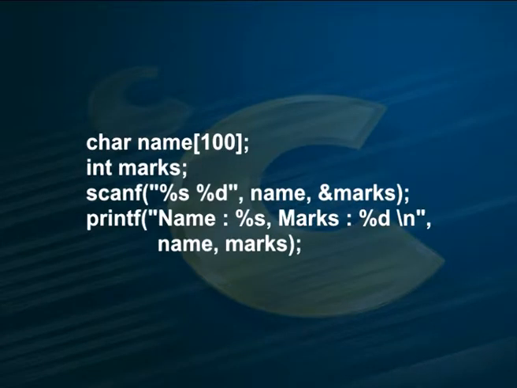char name[100]; int marks; scanf("%s %d", name, &marks); printf("name: %s, marks: %d\n", name, marks); prints the name, a character string without any space in between, and the corresponding marks, an integer input using the scanf statement from the keyboard.